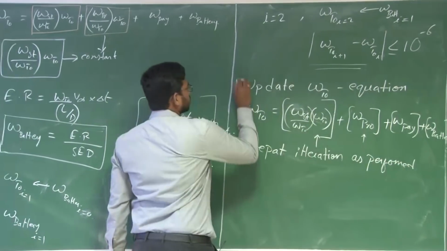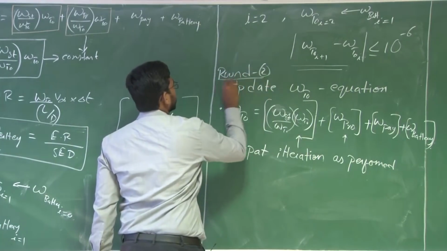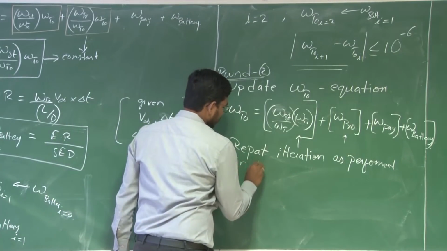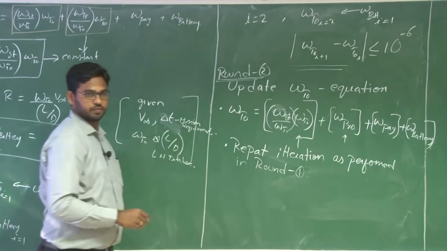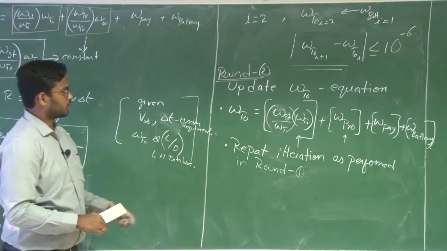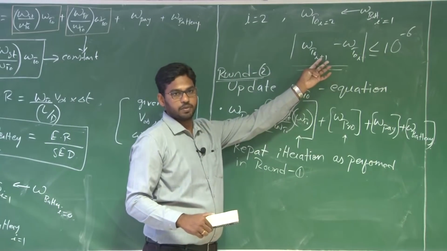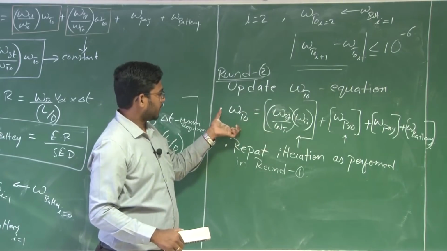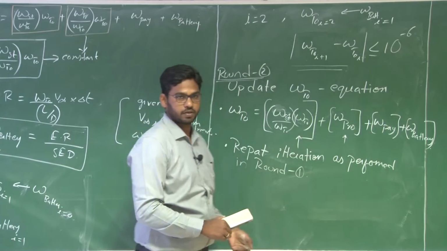So this is round 2 of weight estimate, as performed in round 1 of weight estimation, right? So again, you need to update until this cost function is satisfied. So you'll get the final takeoff weight, the propulsion weight, payload, as well as the battery weight by the end of this iteration process.